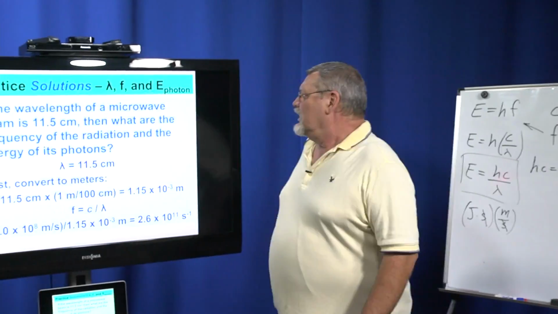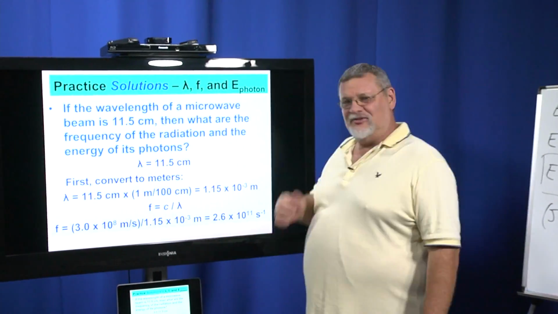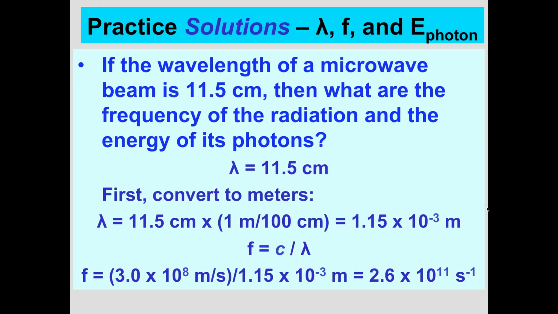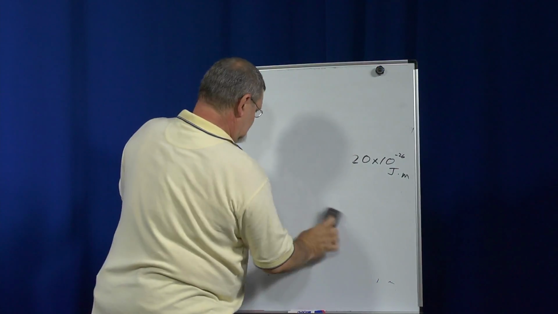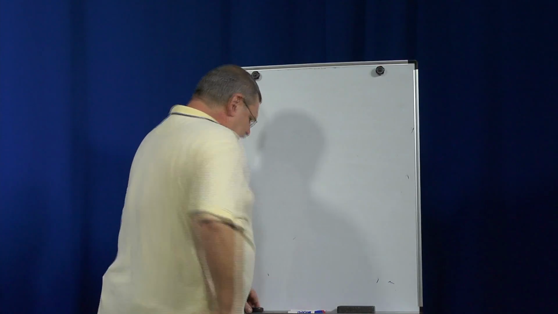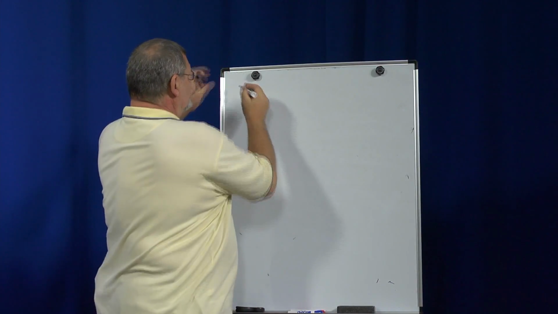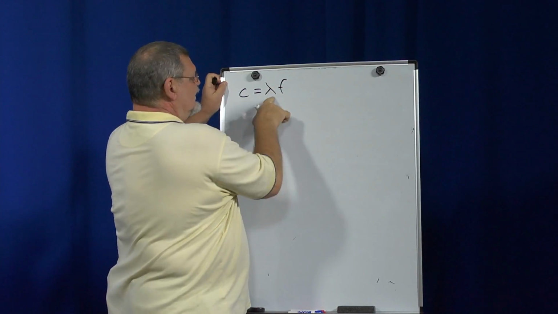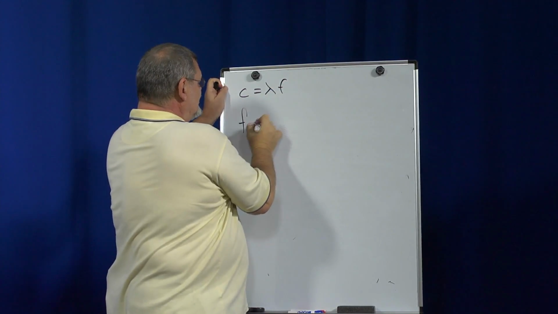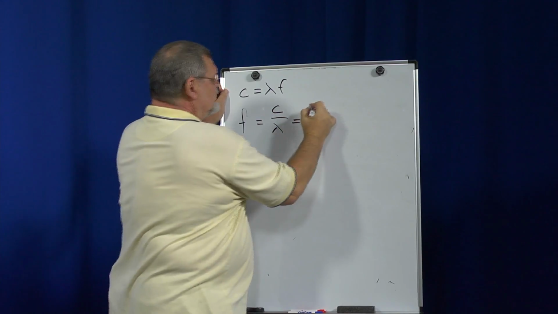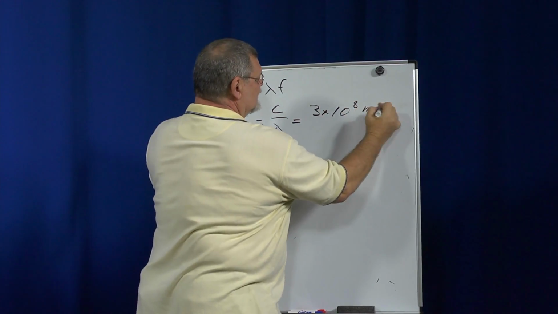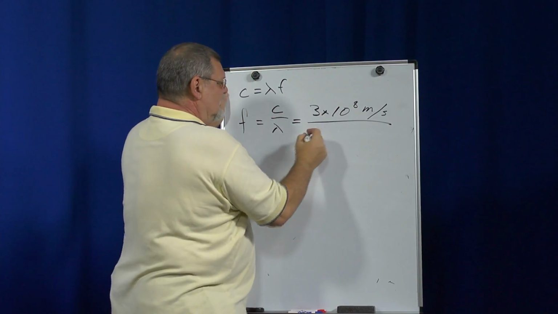Here's an example. If the wavelength of a microwave beam is 11.5 centimeters, then what are the frequency of the radiation and the energy? The frequency is, first convert to meters. We need to convert centimeters into meters. Why? Because our speed of light is in meters. So we want the frequency, and we're using c equals lambda f. I've got the wavelength, so the frequency is c over lambda. c is 3 times 10 to the 8th meters per second, divided by